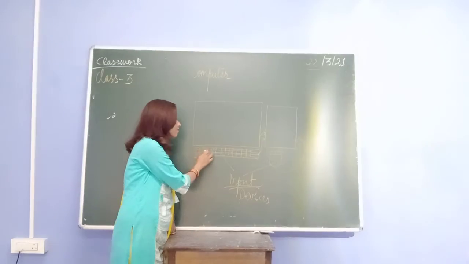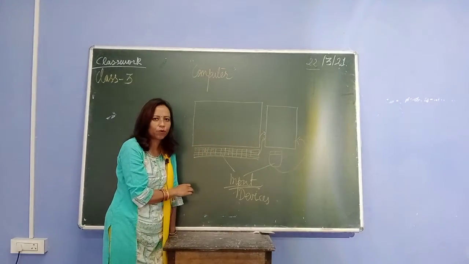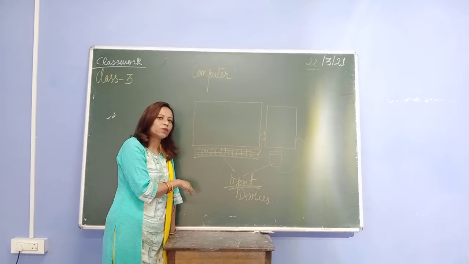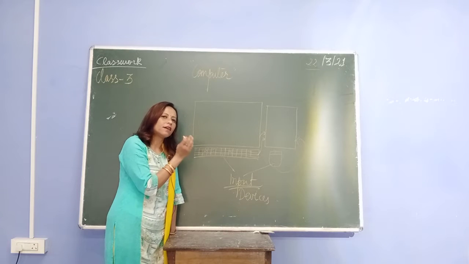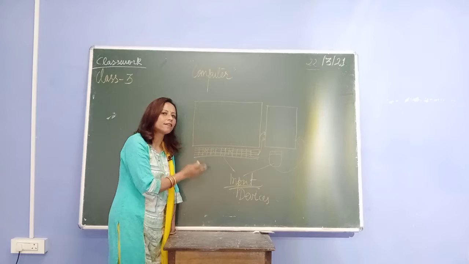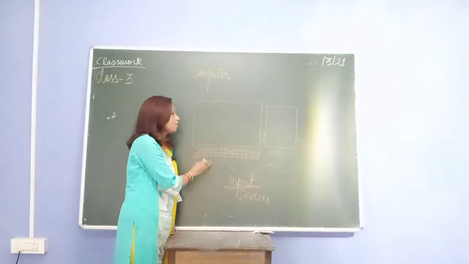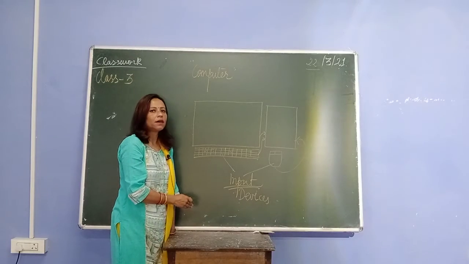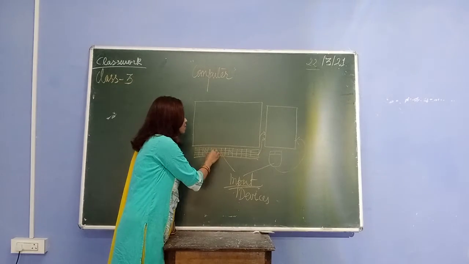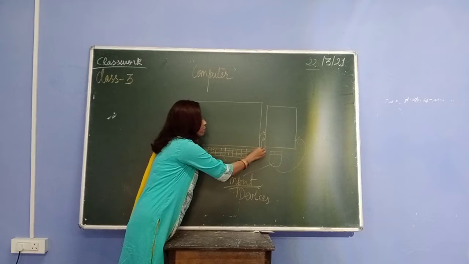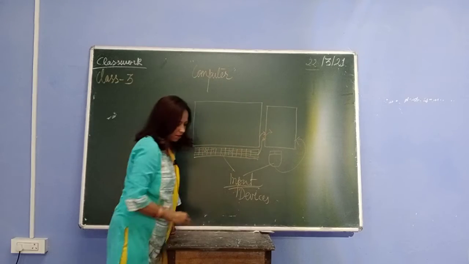When we are typing, when we are pressing the keys on the keyboard, you are giving your command. Okay, you are giving the order to the computer system. That is input. What is that called? Input. You are putting it inside the machine. Now, it will not go directly to the monitor. It will first go inside the CPU box.